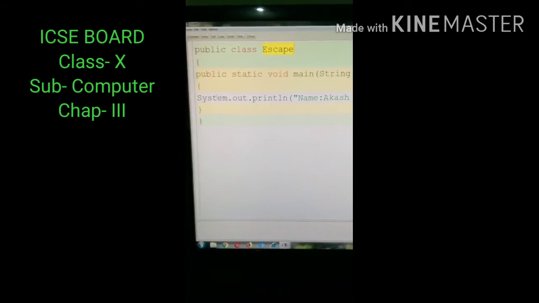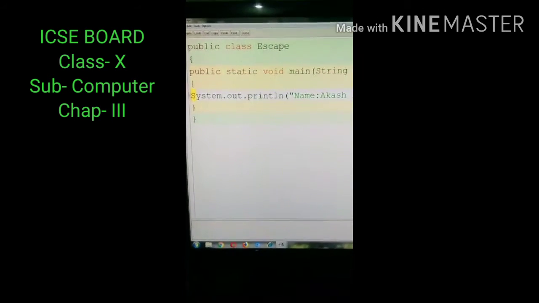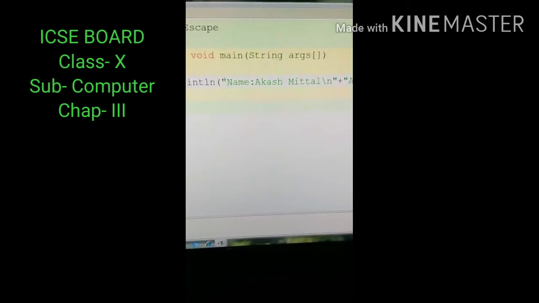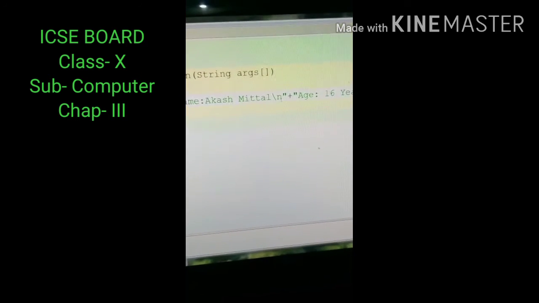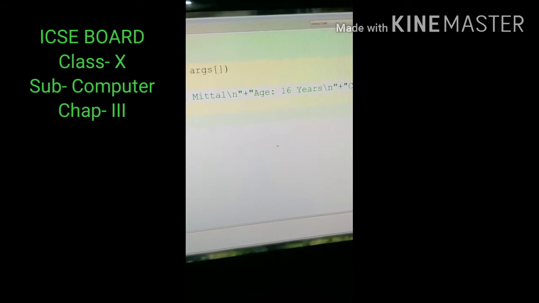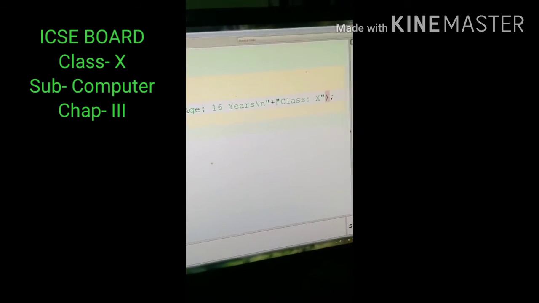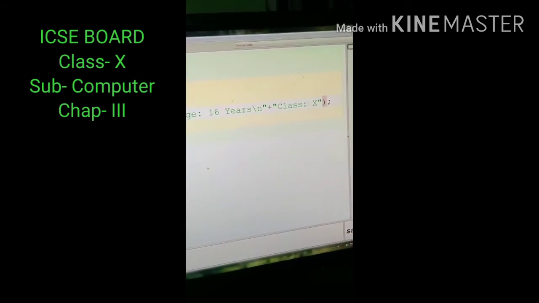Don't forget to write S in capital letter, and here double quote name Akash Mittal backslash n double quote, and plus is a separator, again double quote age 16 years backslash n double quote plus separator double quote class 10.